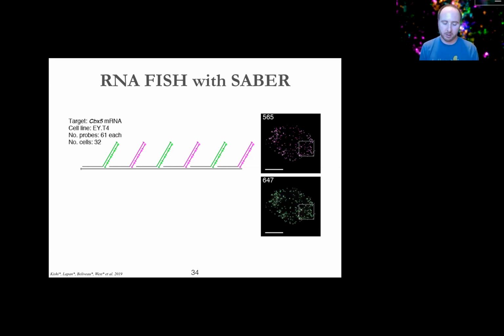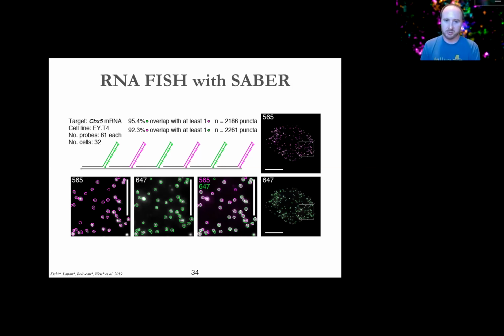And the answer we get is phenomenal. We're getting 92, 95% overlap of the puncta, depending on which one we use as the reference channel. And these numbers are absolutely stellar for this kind of assay. I think the rate limiting step ends up being the segmentation itself. So we feel very good that the SABER approach is maintaining the inherent fidelity of either our single molecule FISH technique or our Oligopaint technique when we use SABER on top of it. And I think, honestly, the real power of SABER in some ways comes from its multiplexing and not its amplification, but they're related. So I'm going to explain that quickly here as I finish up.